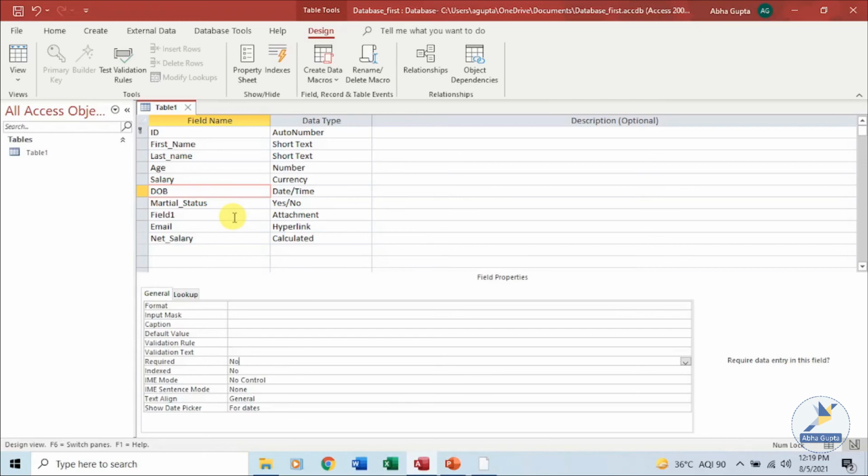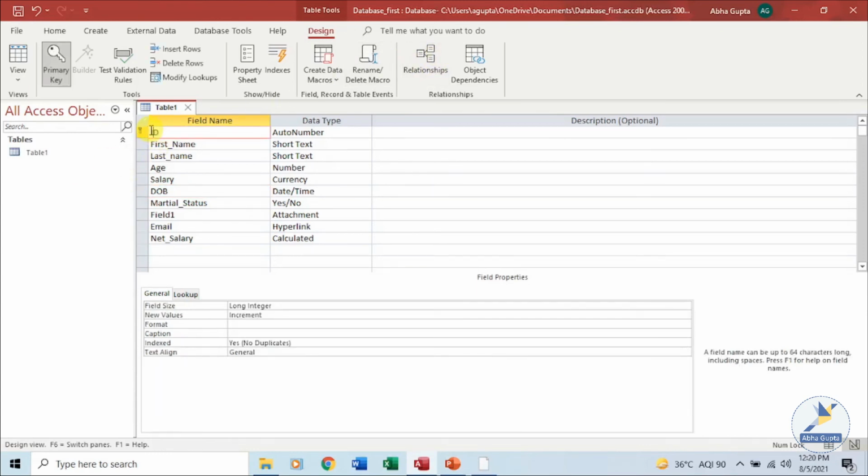So employee ID, since we do not want it to be duplicated, we put a constraint over there. We specify a primary key over there that it should be unique, no duplication is required, and everybody should have an employee ID like your Aadhaar card number, your driving license number, your passport number. They all are unique. So how to set this primary key? By default, when this table was created, this key was specified.